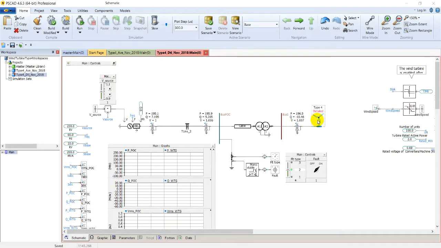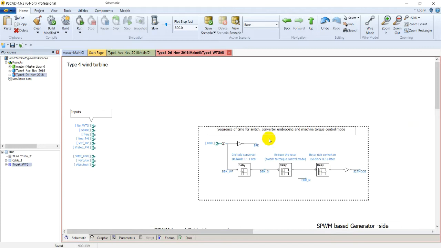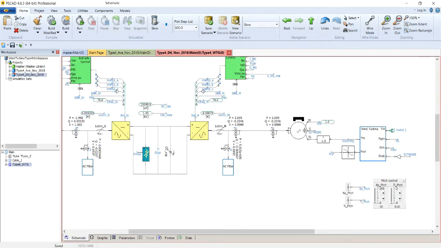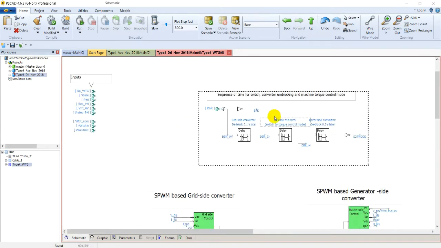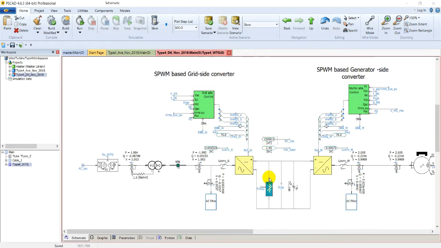And now double click on the wind turbine to see its detailed definitions. The wind plant consists of three main parts. The first part is this electrical system, which consists of this grid side converter, this machine side converter. Their controls are modeled here, and there is a DC link between the grid side converter and machine side converter, and also there is a DC chopper connected to this DC link to protect it from over voltage. There are AC filters connected on both converter sides,